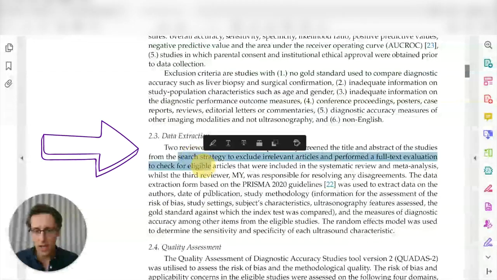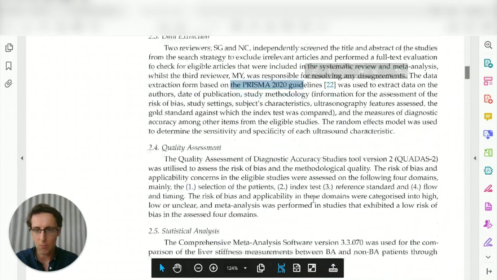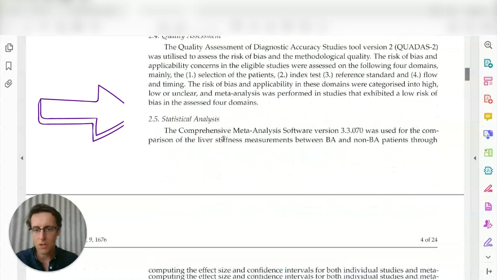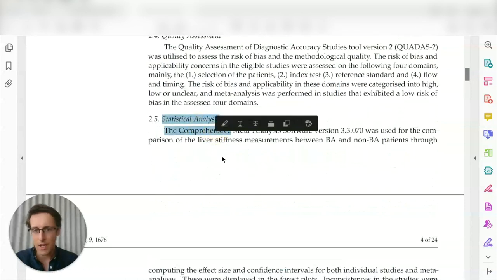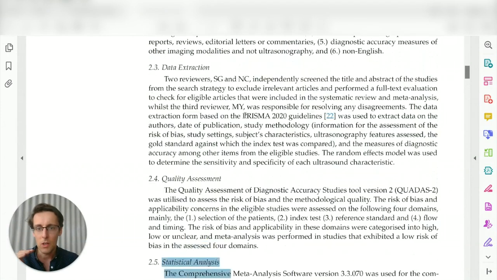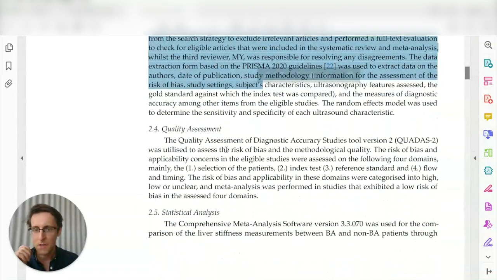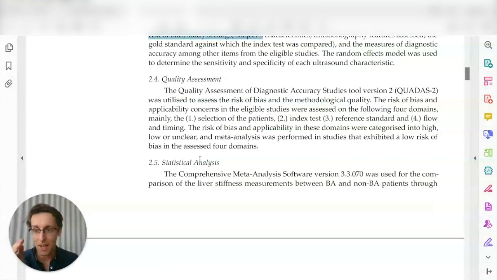And then you tell us how the data extraction took place, if you used any specific guidelines for that, such as PRISMA, quality assessment, if that's relevant, and then statistical analysis. Notice that if you were to do just a systematic review, your materials and methods would probably stop here, right? But if you're doing a meta-analysis,